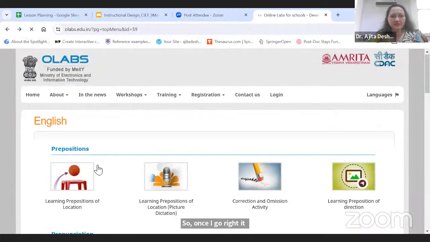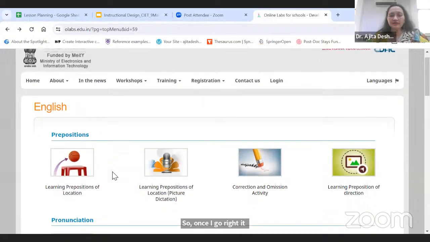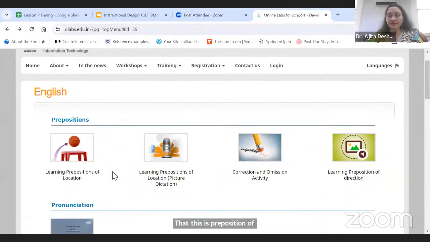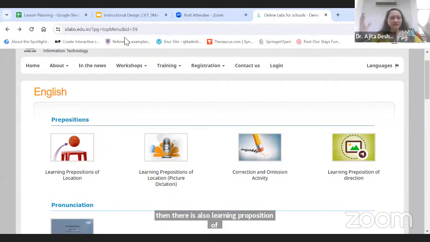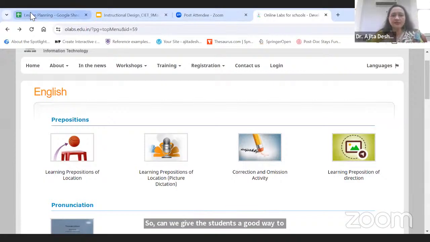That this is preposition of location. Then picture dictation is there, again, preposition of location. Then there is another activity. Then there is also learning preposition of direction. So can we give the students a good way to practice on this and then ask them to reflect about